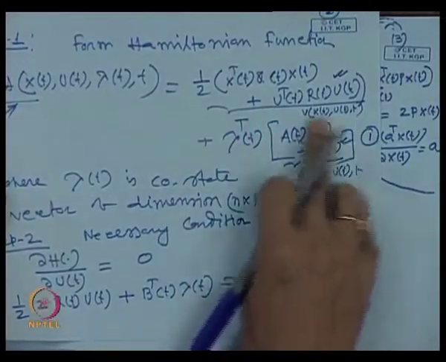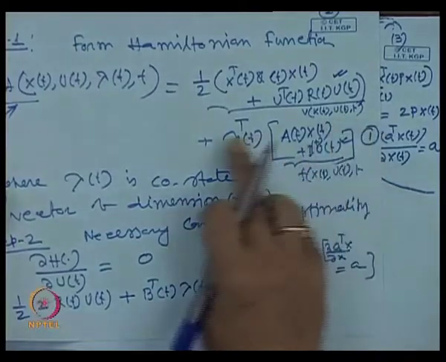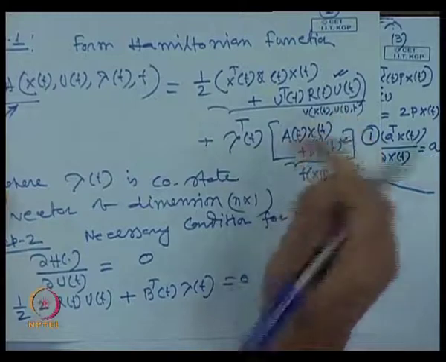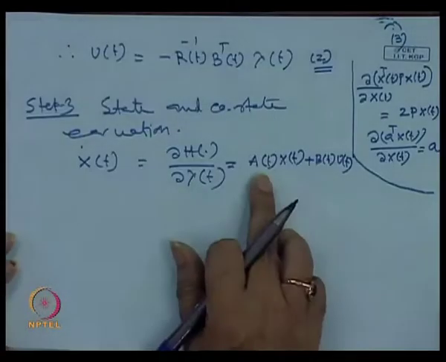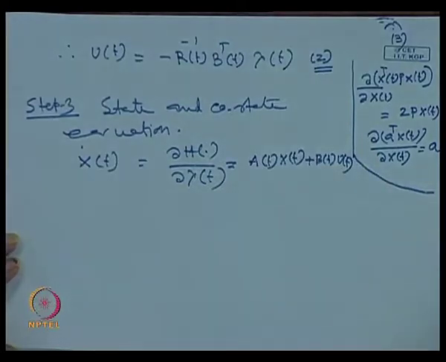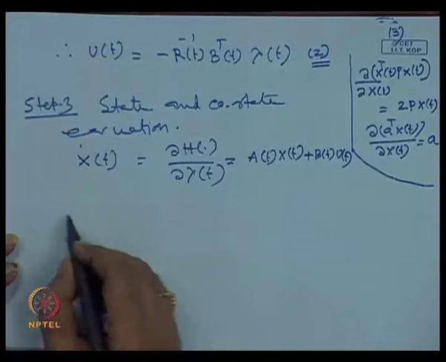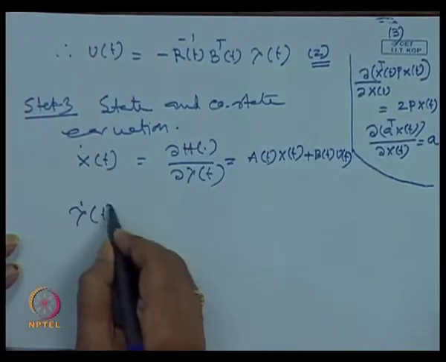Okay, you have followed my point. This thing is a scalar quantity. I take the transpose of that one multiplied by lambda of t, so this will be the same as these values. Then I am differentiating with respect to lambda of t, and that results in this, using that property. So I can write it now, next equation, the co-state equation: lambda dot of t is equal to